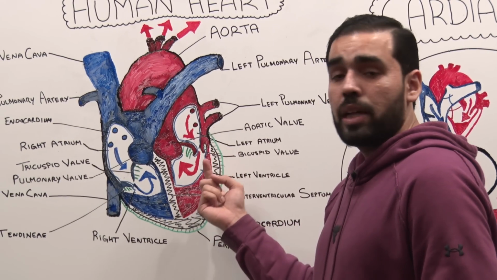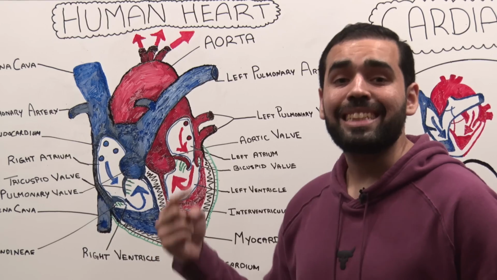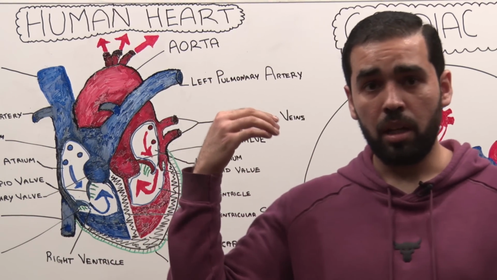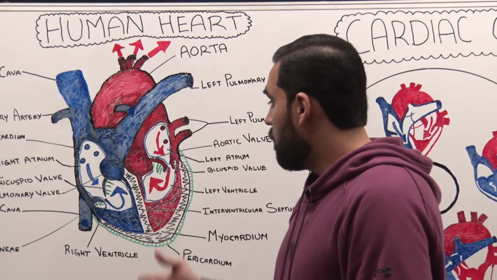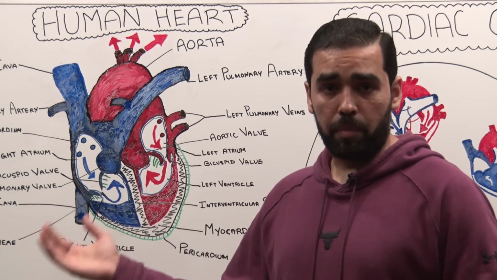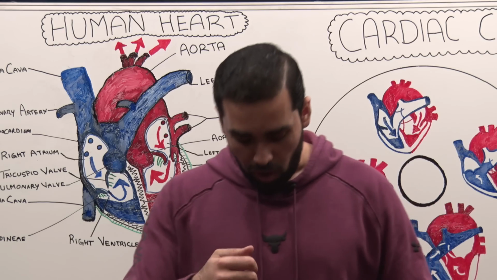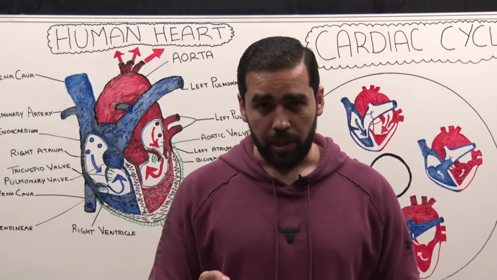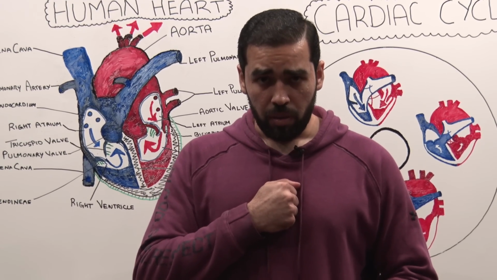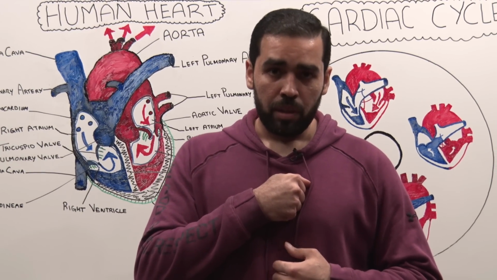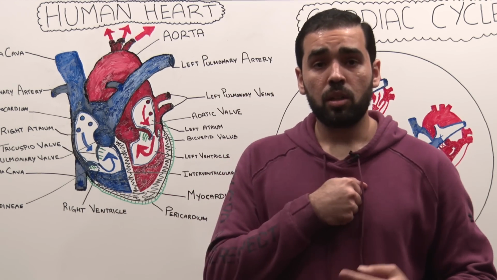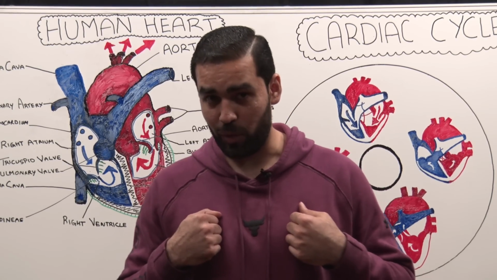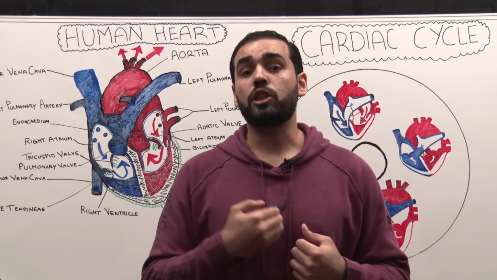For example, on the left side of the heart, the left ventricle needs to pump the blood into the systemic circulation, which is essentially your entire body, from your head up to your toes. But your right ventricle only needs to pump blood to your lungs. Your heart is a hollow muscular organ present in your thoracic cavity, right in the middle, slightly tilted towards the left. So if your lungs are present over here and your heart is placed over here, the blood does not need to be pumped as far.